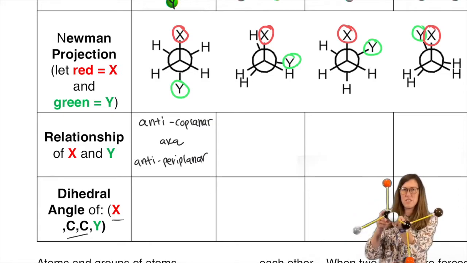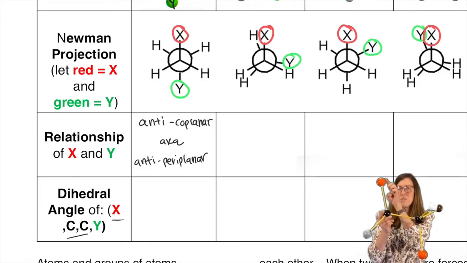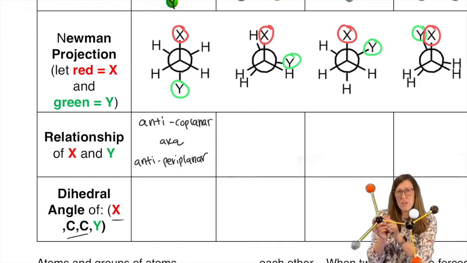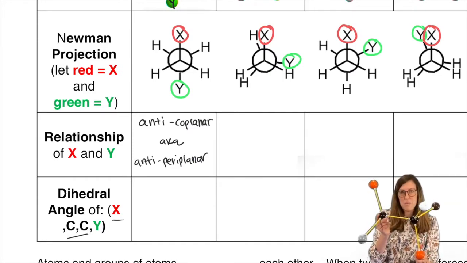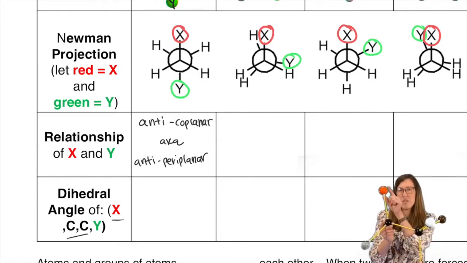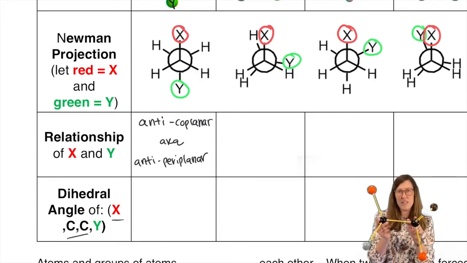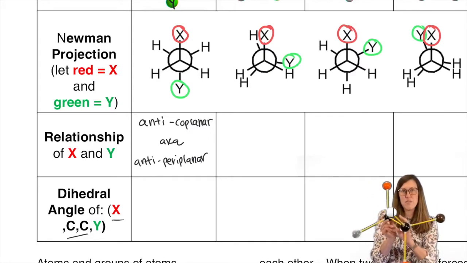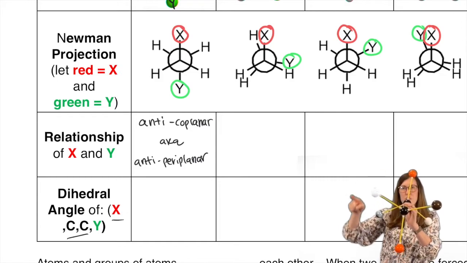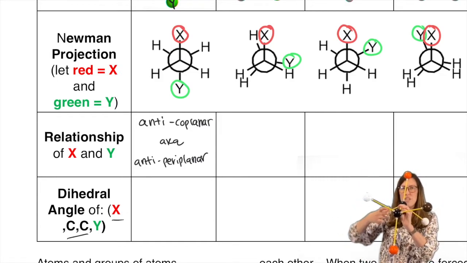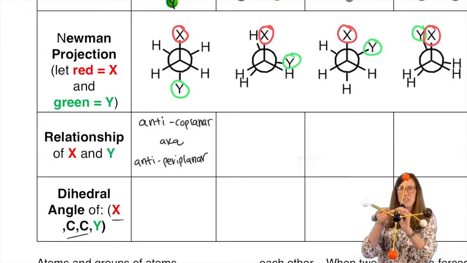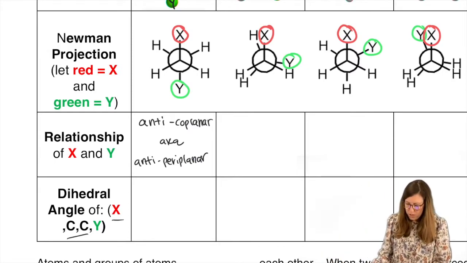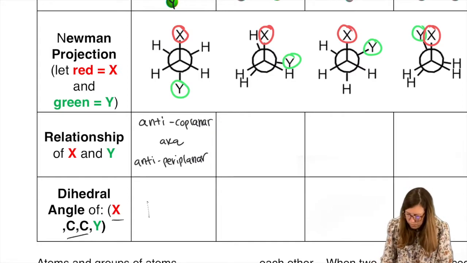How is that an angle? Well, we are treating the four bonds. We're seeing the atom or group in question, orange, carbon 1, carbon 2, atom or group in question, orange. That's why there's four. So there's always the group in question, carbon, then carbon the other one's attached to. So looks like we're trying to get an angle out of four, but we're actually just measuring from here to here, where these two carbons are superimposed to be like a single point. Okay, so we would describe those as 180 degrees from each other.